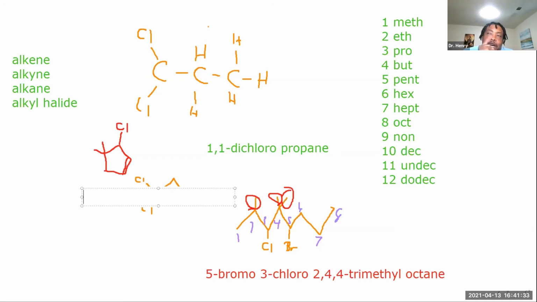So think about what we're counting. If we started at chlorine, the double bond would be at 4. If we start at the double bond, who has priority? I thought the double bond had priority. The double bond has priority, so we want to make sure that it has the lowest number, right? Yeah, so it's 1 cyclopentene, and then 1 chloro or 2 chloro at the end. Is it 2 chloro? Are you sure? That's what I'm questioning you on. Yes, because if you do 2 chloro, then that means the methyls are also closer.